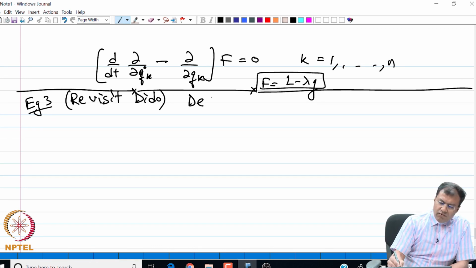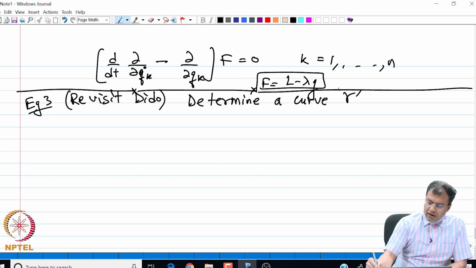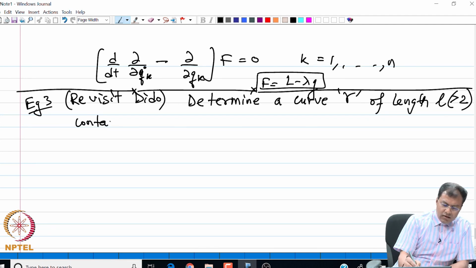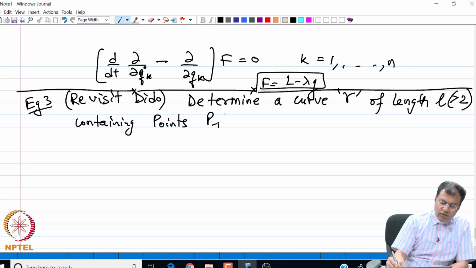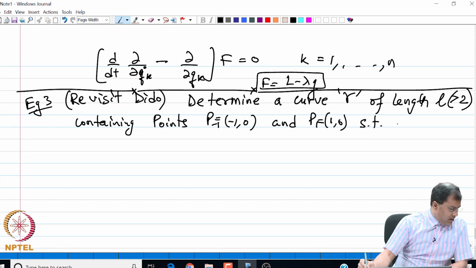So, this time we are going to determine a curve gamma of length L. Let me take L greater than 2, so that I remove the case of rigid extremals containing the points p_-1, which is (-1, 0), and p_1, which is (1, 0), such that gamma is closed